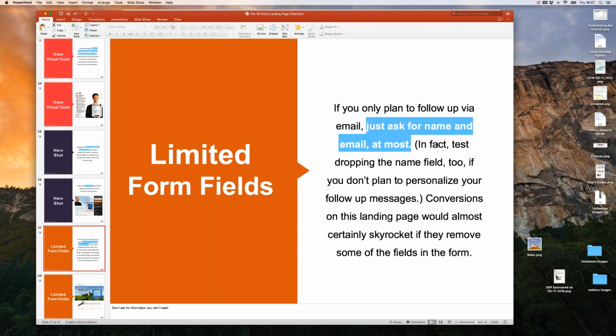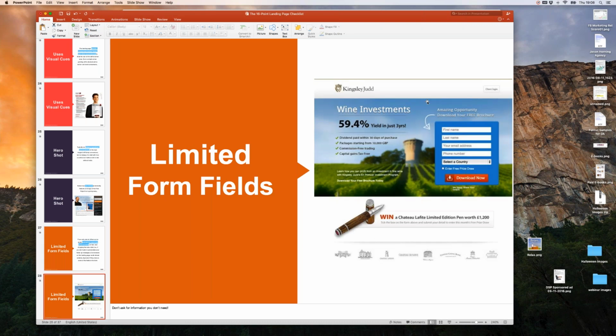Don't plan to personalize your follow-up messages. So if you're taking off the name, then don't plan on saying, hey, Ralph, this is, blah, blah, blah, in the follow-up sequence, all right? So they're not personalized. If you're asking for their name, then you're going to personalize your emails. Conversions on a landing page would almost certainly skyrocket if you remove some of the fields from the form. The only time you have a lot of fields, now again, where they're saying is if you have a form that, I think this one here